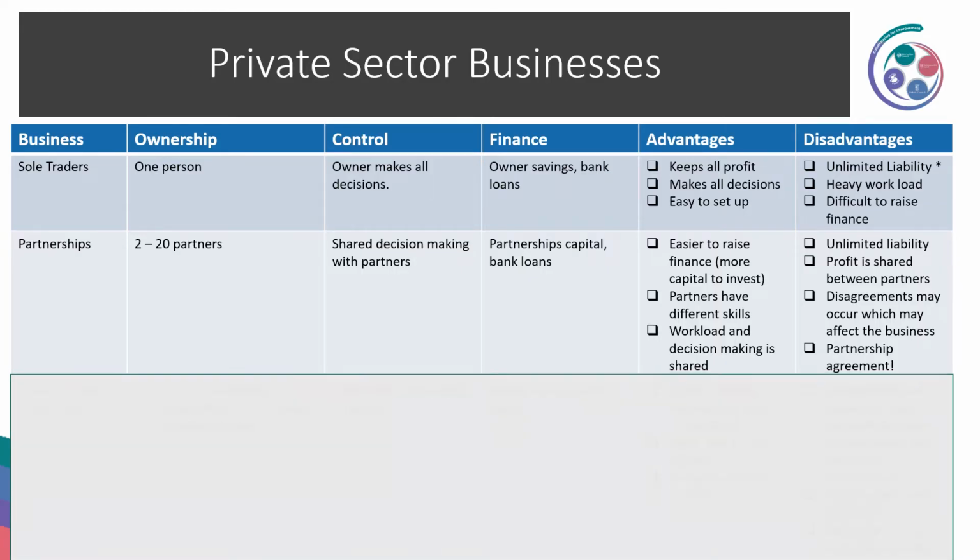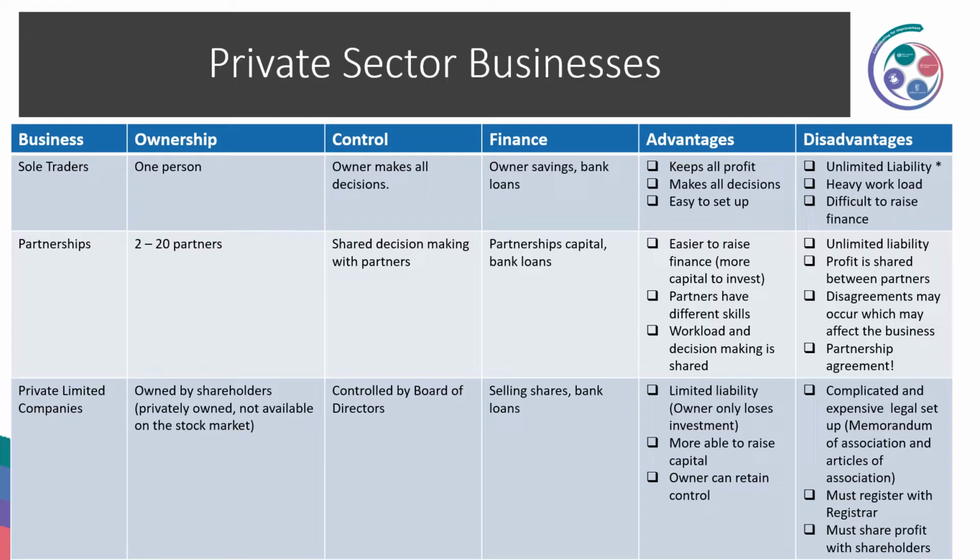And the final thing that we're going to look at would be private limited companies. So private limited companies this time are owned by shareholders, and you have to be invited to buy a share in a private limited company. In other words, they're not available on the stock market. But you could set up a private limited company if you wanted to, because you have to have a minimum of 1 shareholder. It's controlled by a board of directors,